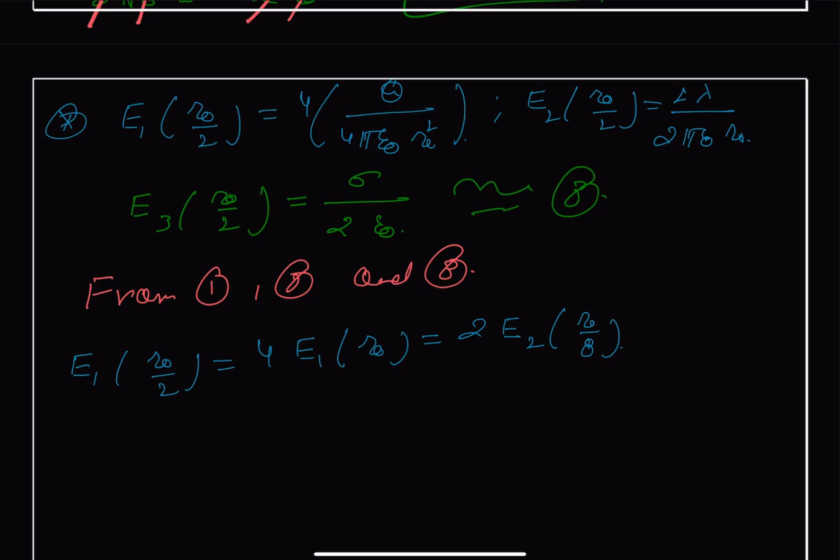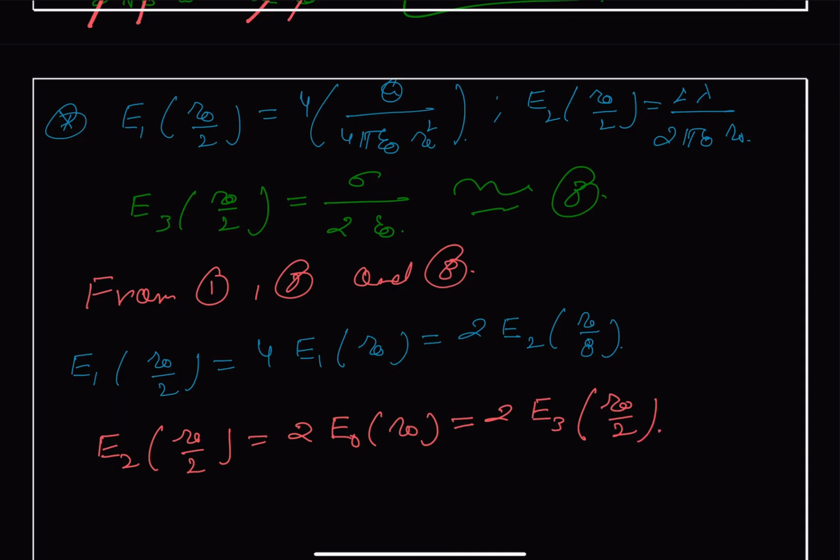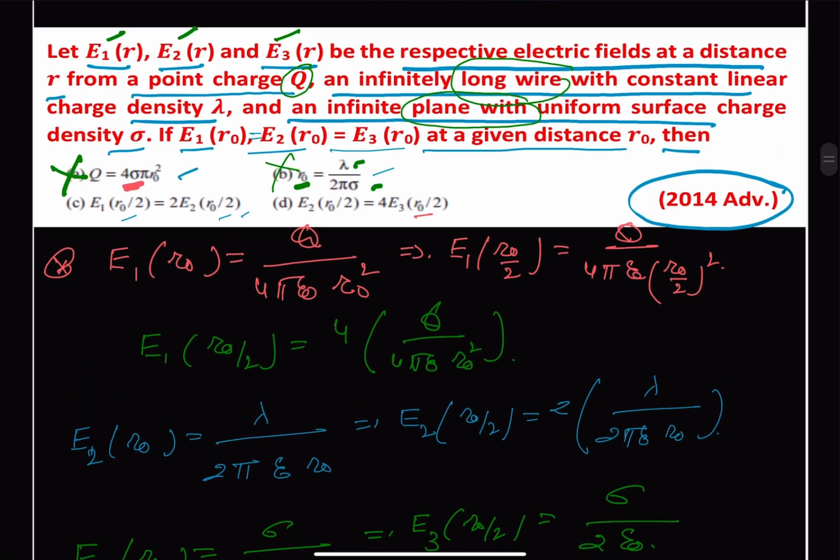Next is E2 upon R naught by 2, which will be equal to twice E naught R naught, which is equal to twice E3 at R naught by 2. Therefore, you can say that our E2 at R naught by 2, and we have our E1 at R naught by 2 is equal to,